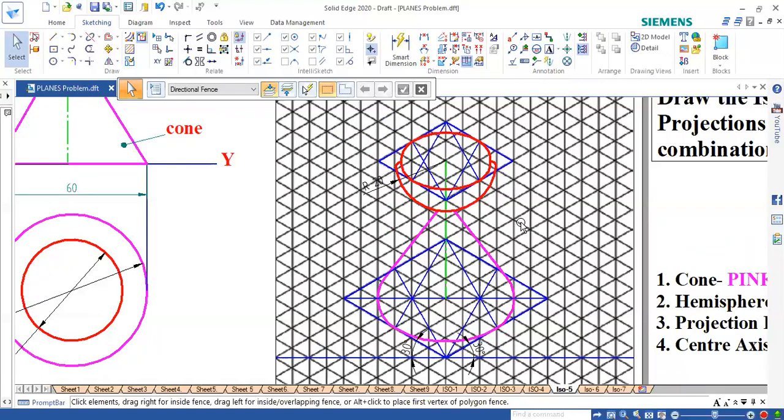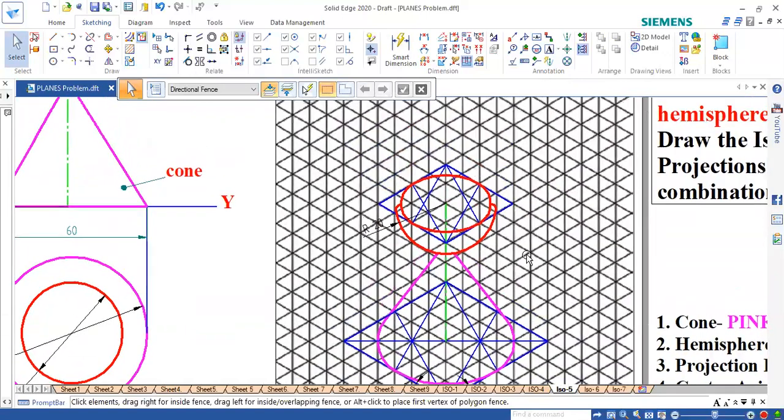Next above this, I need to draw the hemisphere. The hemisphere radius is 40, so go here radius 20, height for diameter 40. From here go height 20 radius. Then you need to create a box of 40 above. So 20 on the right side, then 20, 40, 40, 40, create the box, right? Then again create 2V and then create the hemisphere above that.